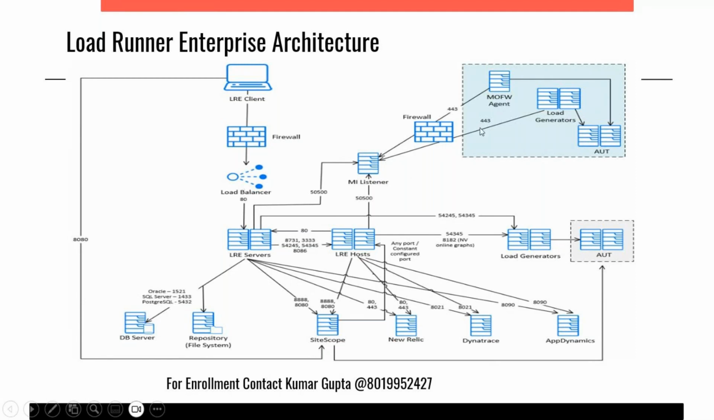So when two different networks are present for the LRE host and the load generators, LRE uses a component called MI listener to get the details and pass them on. That is the only difference. If both are in the same network, we don't need the MI listener concept itself. But if the LRE host and load generators are in different networks,